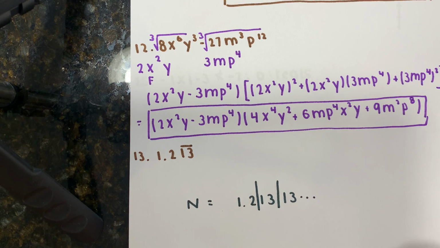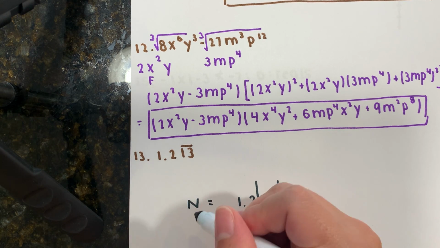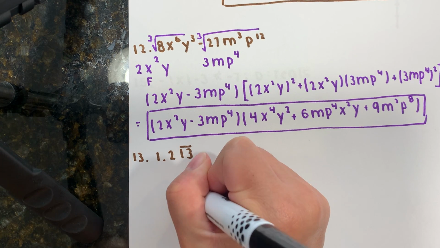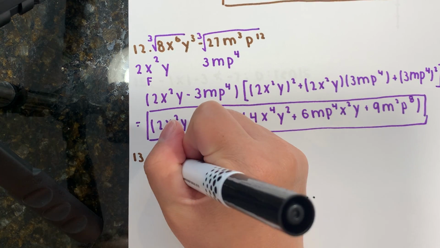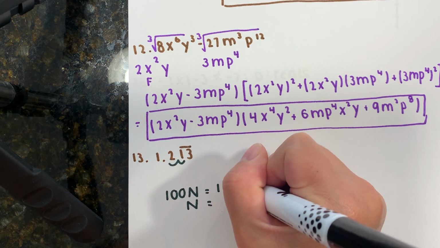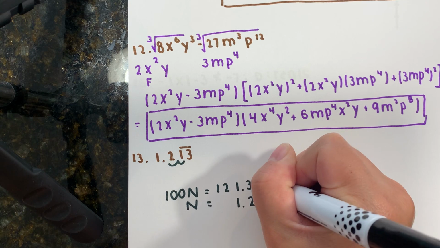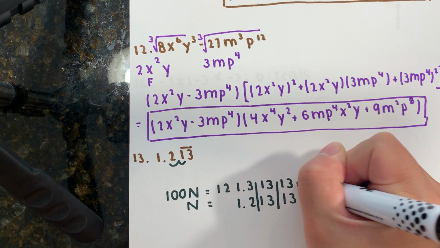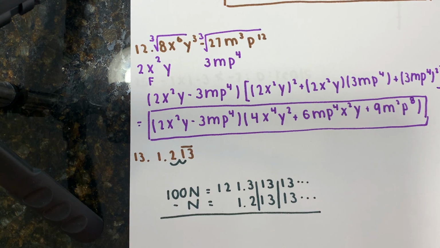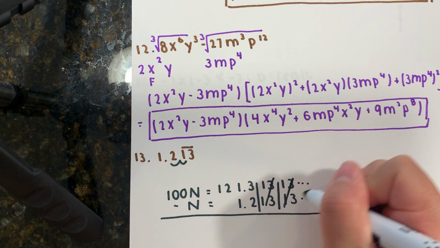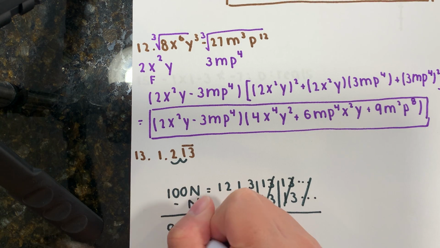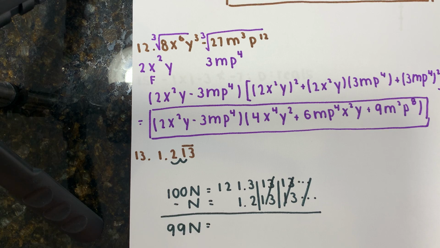Now because there's 2 repeating decimals, I'm going to multiply this by 100, which moves the decimal over 2 spaces. So that would be 121.31313 and repeat. I'm subtracting that from the other number, the 1/3 and the repeating cancel. So I get 99n, and then I'm going to get